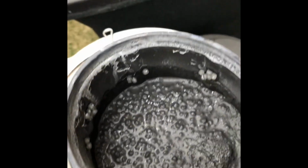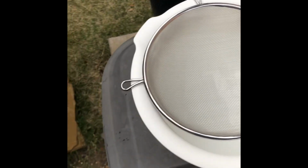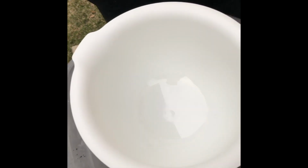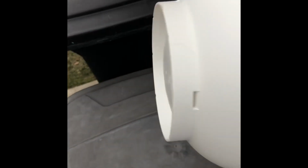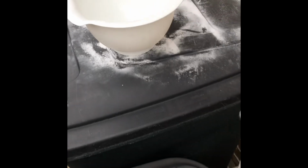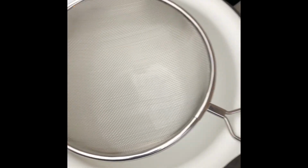Anyway, what I also wanted to show you was how I clean these up. I went to IKEA and bought this super cheap strainer that I'm going to use pretty much now just for rock tumbling. I bought this nice mixing bowl that has, you can't see it in the video, a little bit of a rubbery bottom, so it sits and grips nicely. I bought two different sizes, a smaller one and a bigger one, and this sits nicely right on top of that. So what I'm going to do is dump